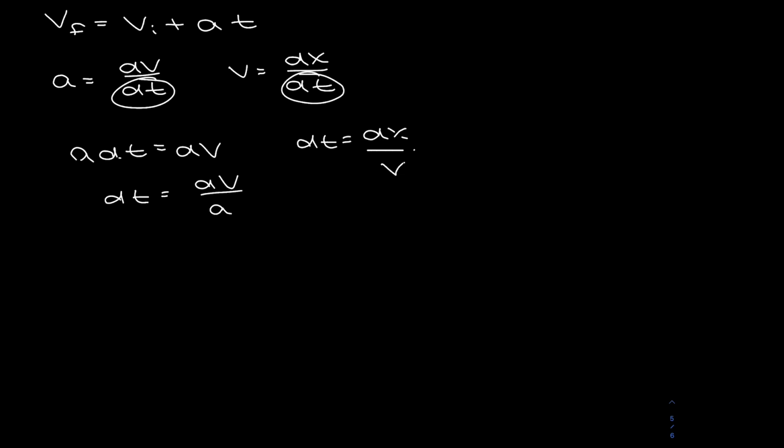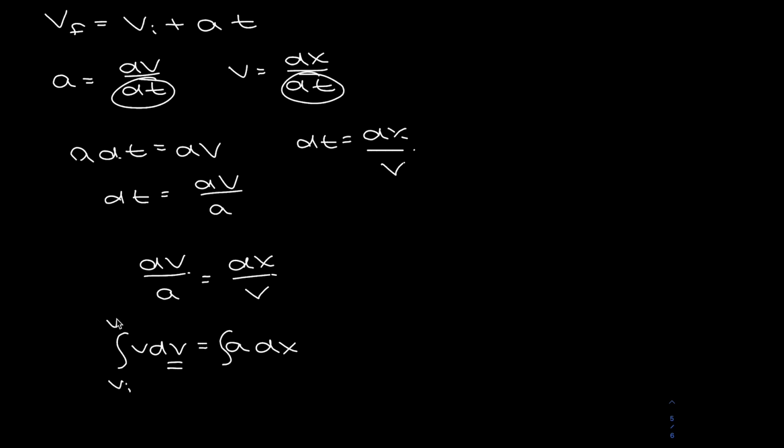So because we know dt is equivalent for both of those, and those are both set equal to dt, we can set them equal to each other. So we get dv over a is equal to dx over v. And now if we cross multiply, we get v dv is equal to a dx. Now let's take the integral of both sides in order to get rid of the dx and dv. On the left side, we are integrating with respect to a variable v, so we have v initial and v final. And on the right side, we are integrating with respect to x, so we have x initial and x